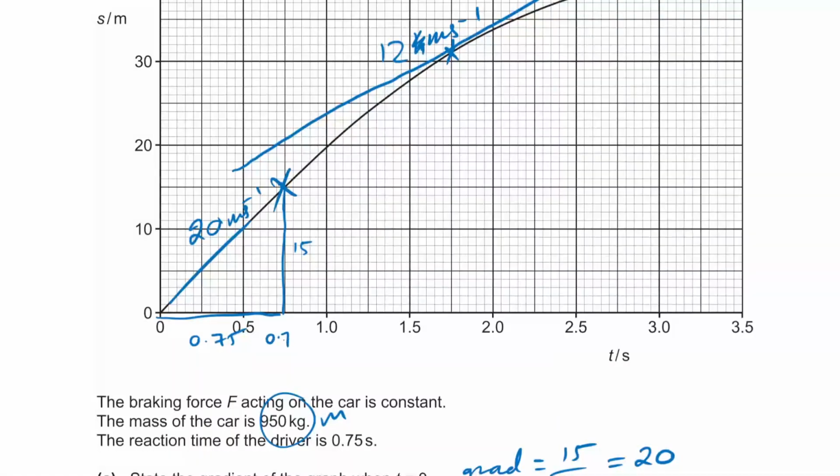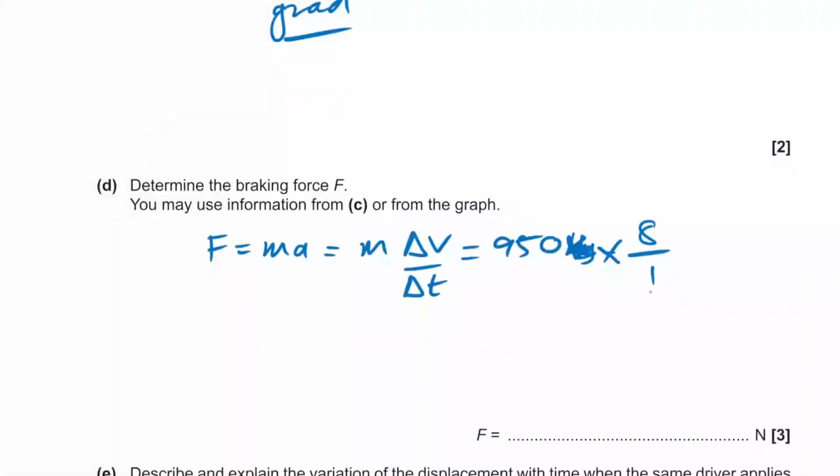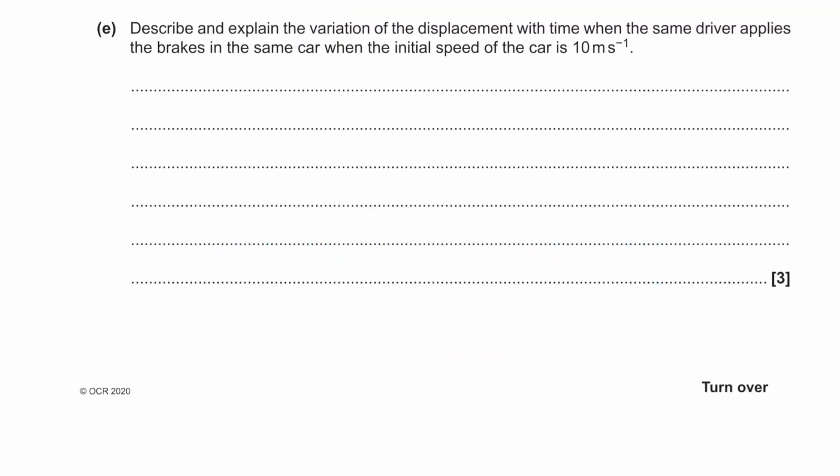That was 0.75 there, going across to 1.75. Oh, so there we go. It was just 1 second. Nice. So just 950 times by 8. So what is that? That's 1900, 3800, 7600 newtons. E, describe and explain the variation of the displacement with time when the same driver applies the brakes